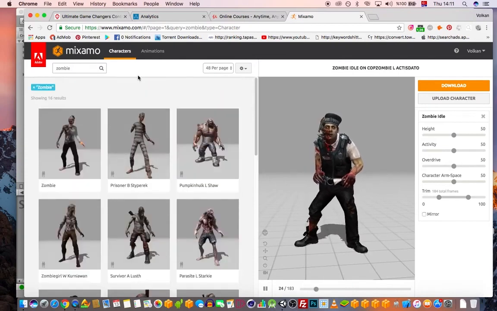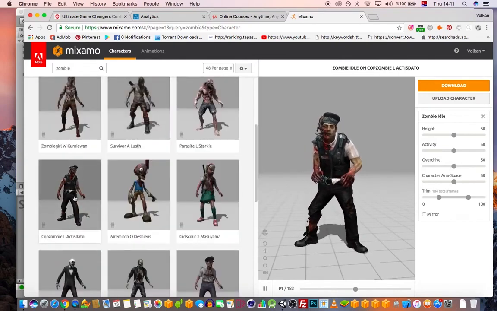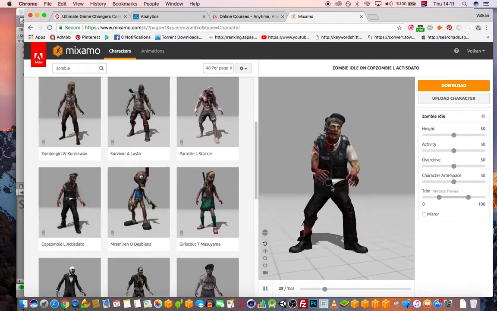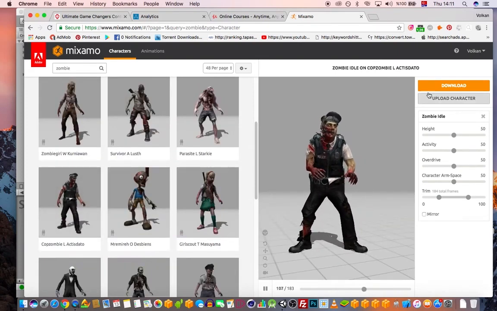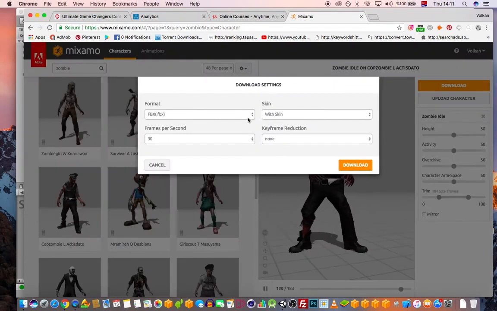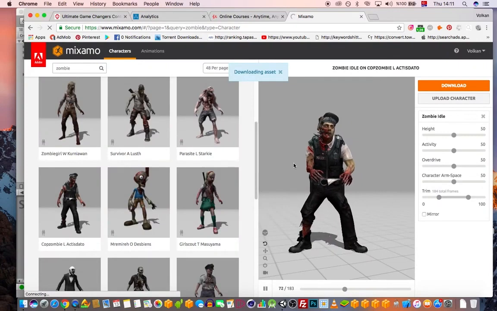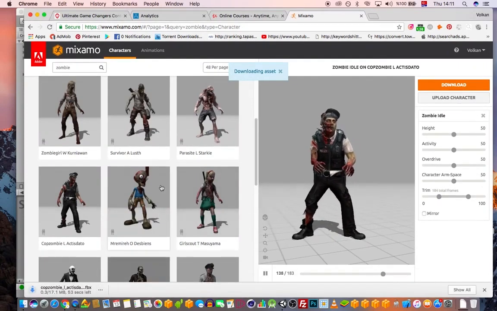So I chose the zombie model from here. It's this one, cop zombie something. And I will download this character. All right. I will now say FBX for Unity. Of course, if you are creating your own enemies in your own 3D software, you still need to upload here, rig it, then add the animation and download it, like I did for our own character. But for the time being,